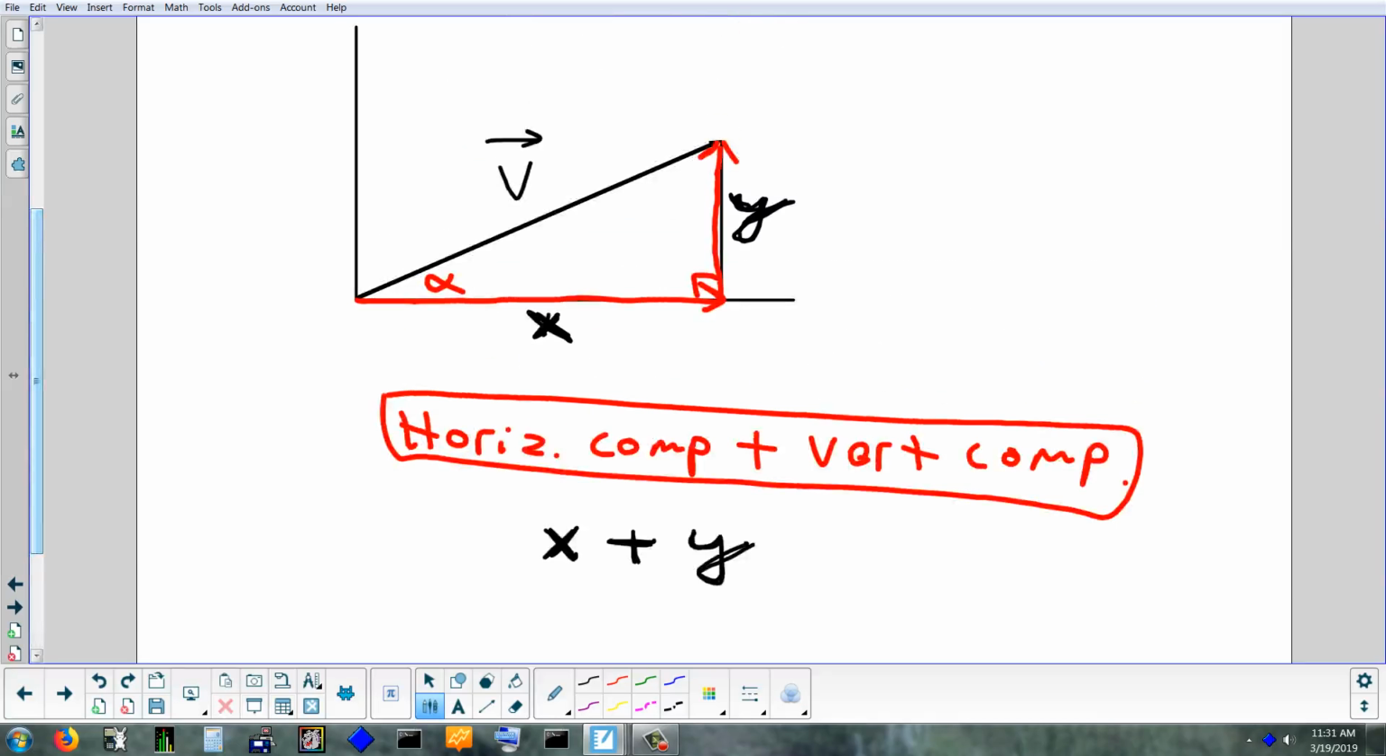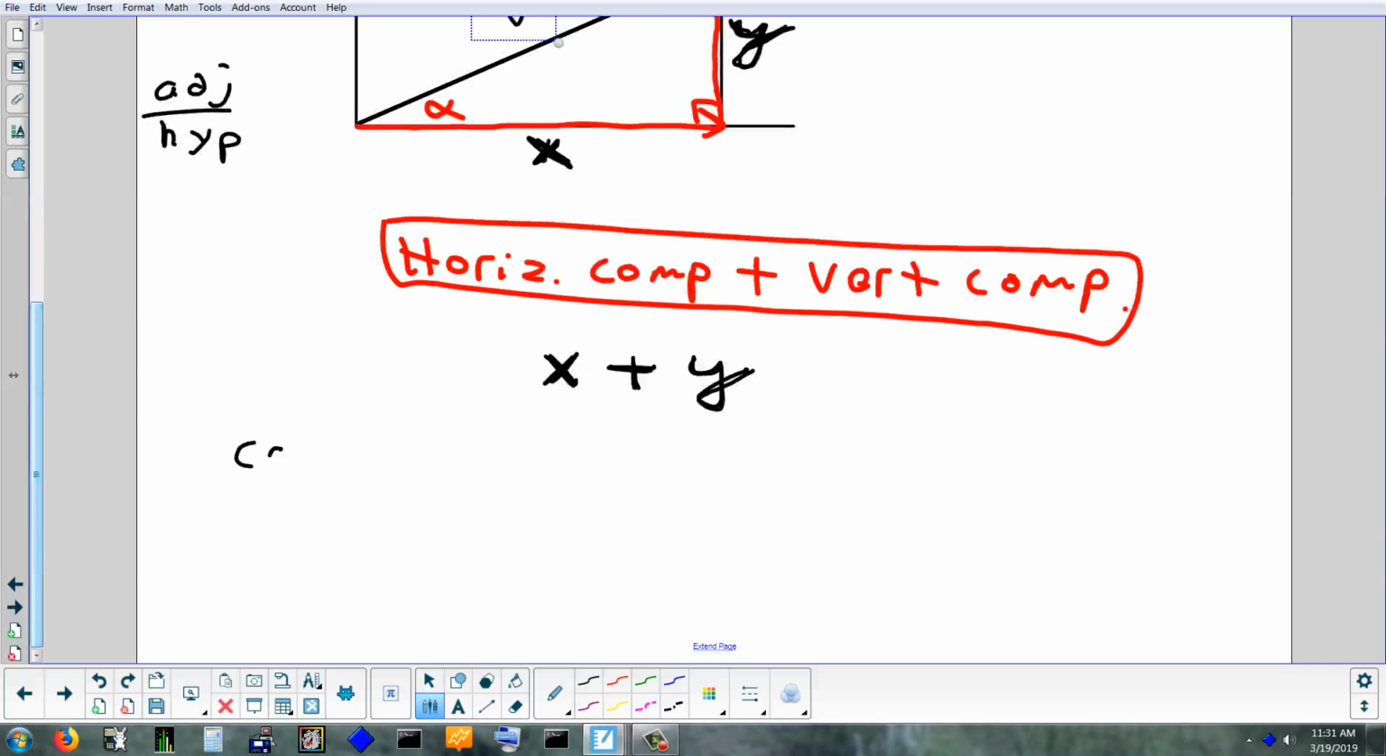So let's start with the x. What side is x from the perspective of alpha? Adjacent. And what side is the other side that I have labeled, that vector? Yep, hypotenuse. So which trig function could I use that would involve adjacent and hypotenuse? Yeah, cosine. So let's figure this out. The cosine of my angle equals